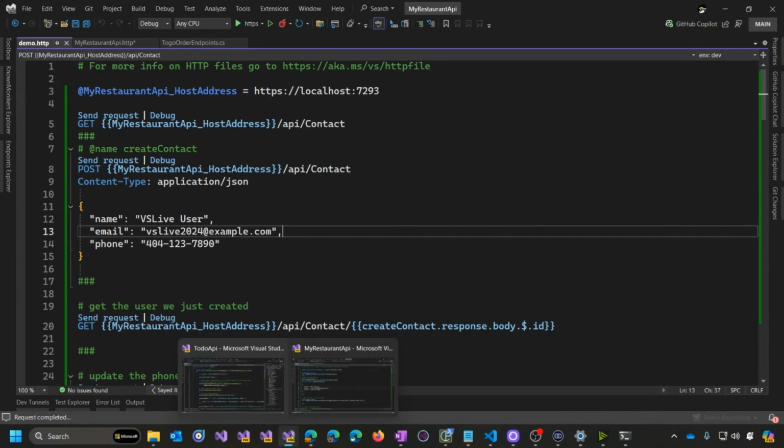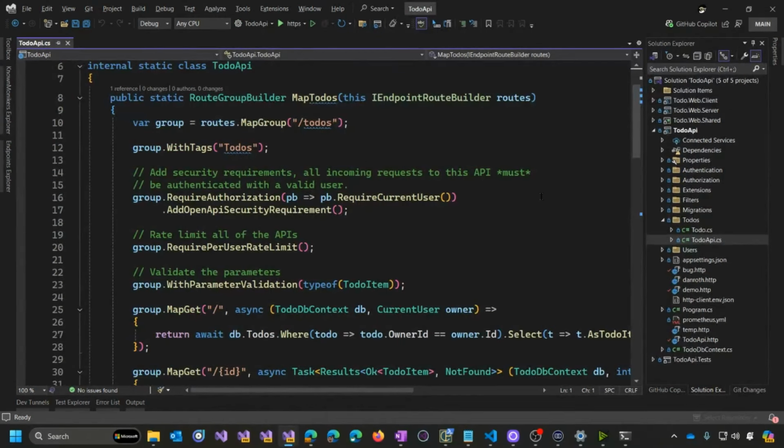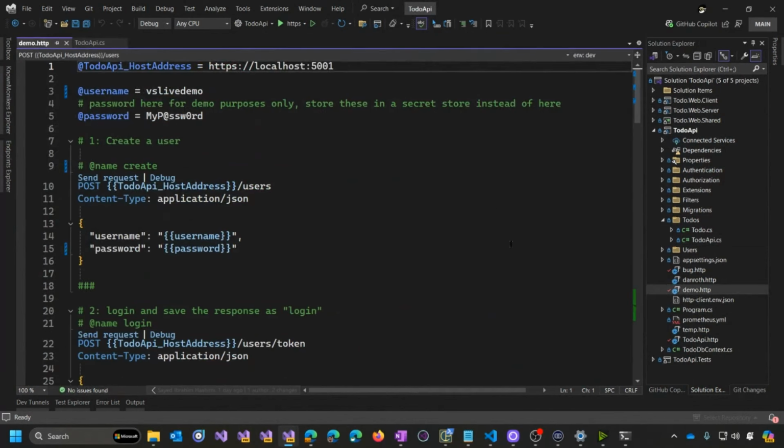And I'm actually going to demo this in a different to-do API here. So this is David Fowler's to-do API. And I've got my credentials here just for demo purposes, but if you follow that link,